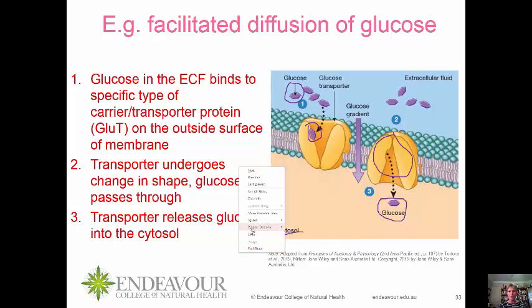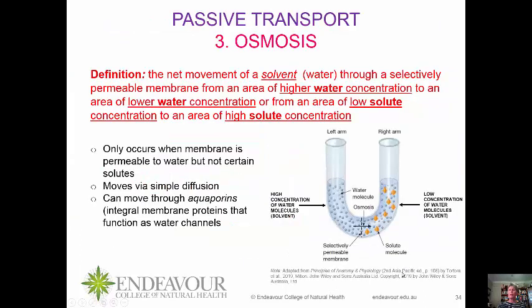Okay, the last type of passive transport is osmosis. Now, its definition, it is the net movement of a solvent. Now, this is where it differs to the other two. The other two were net movement of a solute, which is the particle. This is the net movement of the solvent, which is generally water, through a selectively permeable membrane, which is the cell membrane,